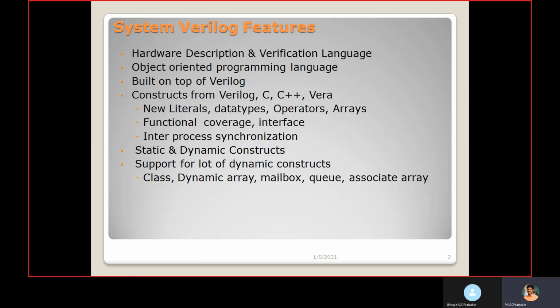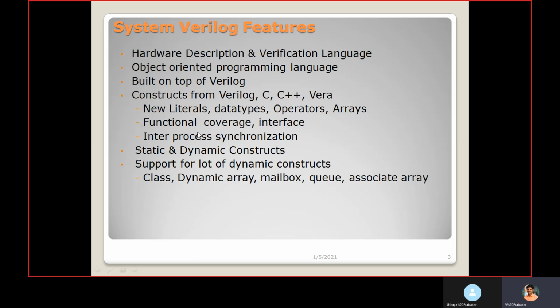Then, built on top of Verilog. SystemVerilog is built on top of Verilog. Constructs from Verilog, C, C++ and Vera are included in SystemVerilog. Here we are going to see new literals, data types, operators, arrays, functional coverage and interface.